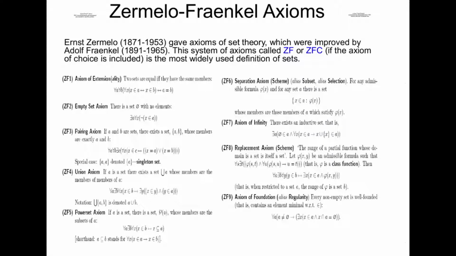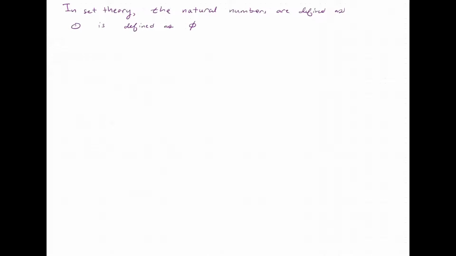I've posted this slide a couple of times throughout our course. These are the axioms upon which mathematics is built. But I want to focus now on the answer to how the natural numbers are defined in the Zermelo-Fraenkel axiomatic set theory. The number 0 is actually defined to be the empty set. That is our definition for 0, it's just the empty set.